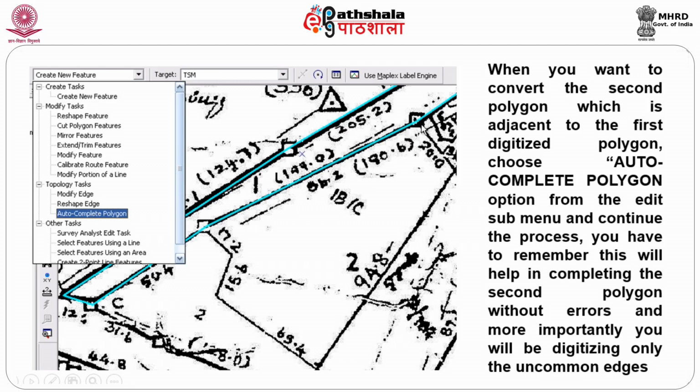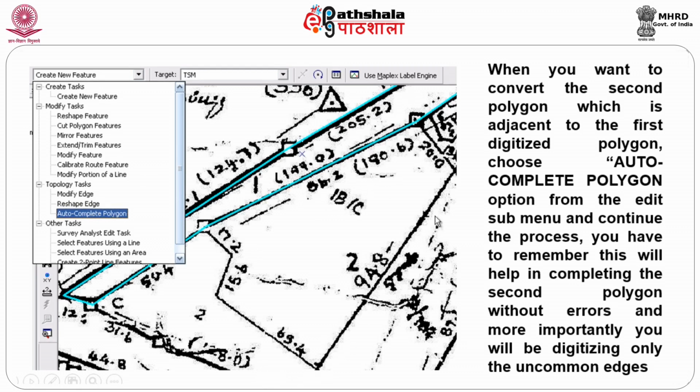So, what I am going to do now is ask the system to auto complete the polygon. I start from here, go around, make sure that you maintain a specific zooming level or scale, complete this, double click here. The system will automatically take from here to here from this polygon and add it to this. See, such an excellent facility. Most of the software has got this facility. After completing one line, I complete the next line.